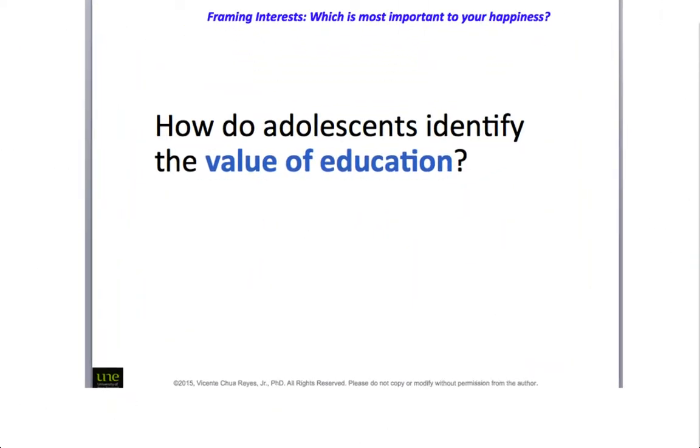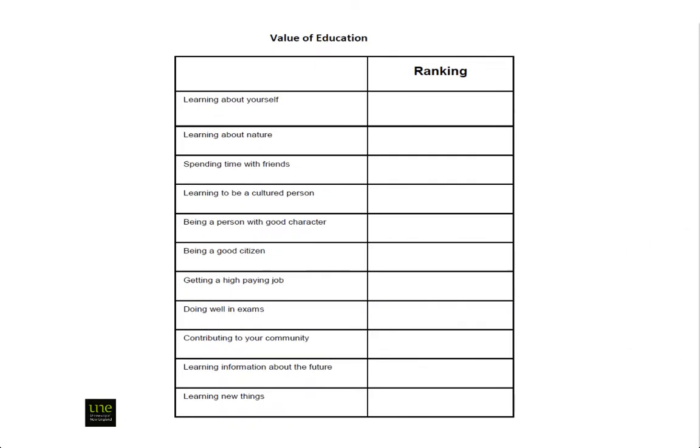Now let's do something which is reflection on action, right? So I'd like you to think about the value of education, your value of education. What for you is the value of education? So I'd like you to identify immediately the top of your head. What is education for? What is its value? That's for you. And now I'd like you to think about what adolescents would think would be the value of education. And I'd like you to think about primary school kids this time.